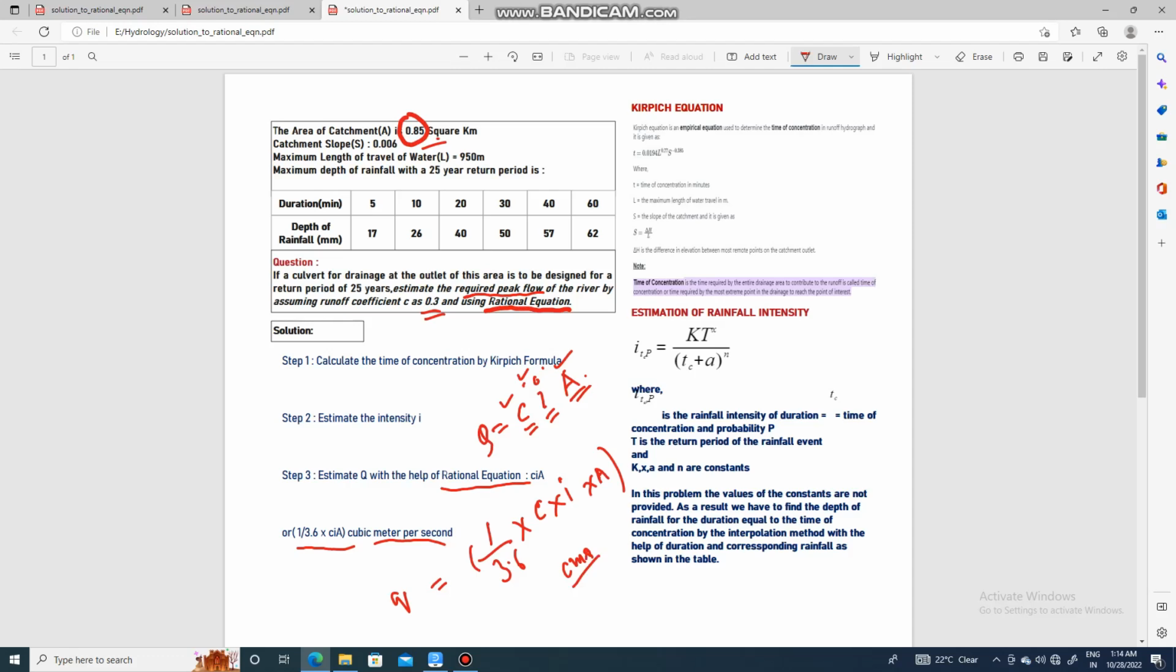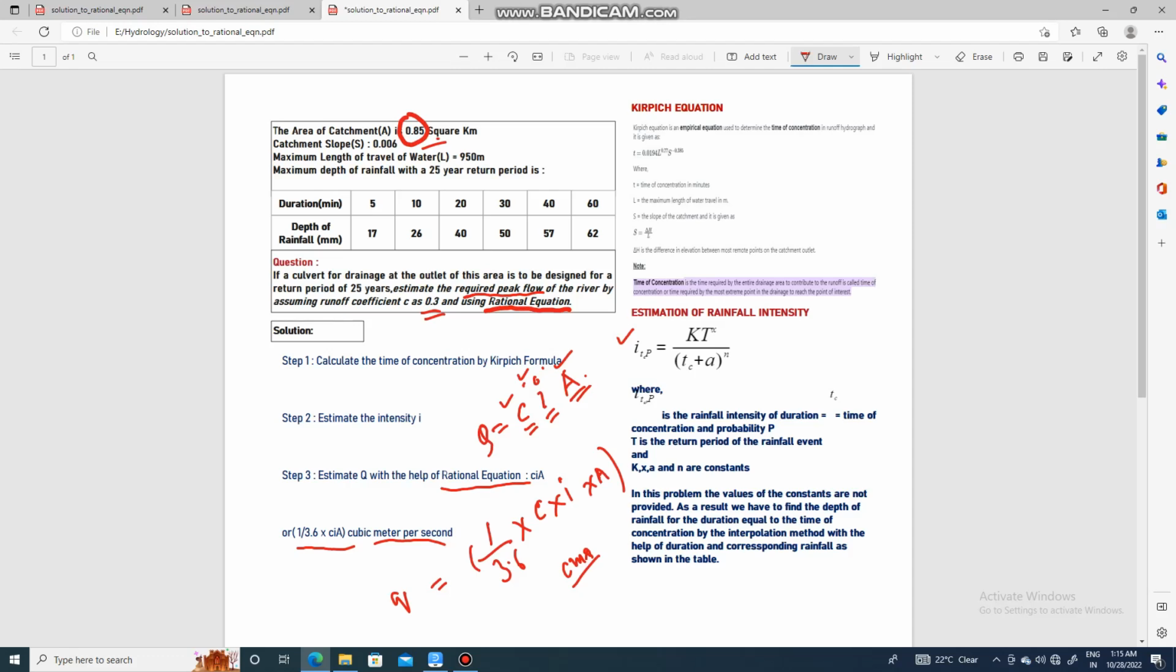So let us return back to this problem. As I said, C is given, A is given. So how to find the rainfall intensity I? As you know, the formula of rainfall intensity is this. I, which is a function of time of concentration and probability of the rainfall, is equal to